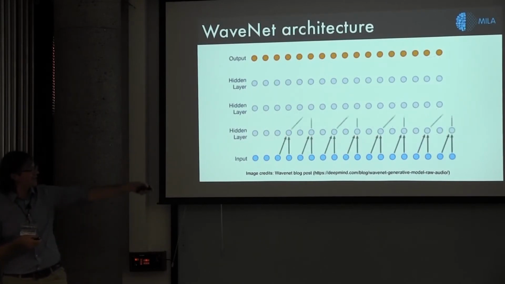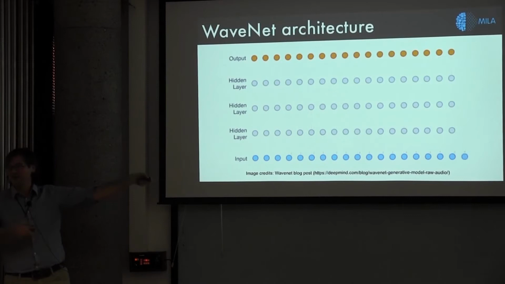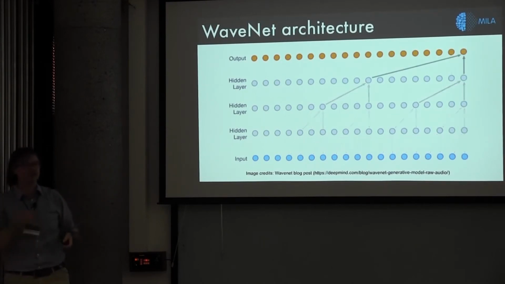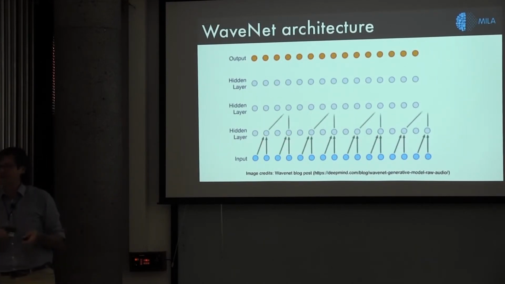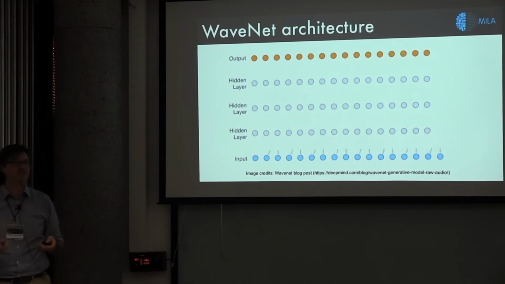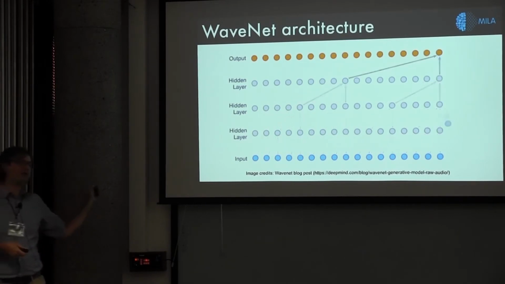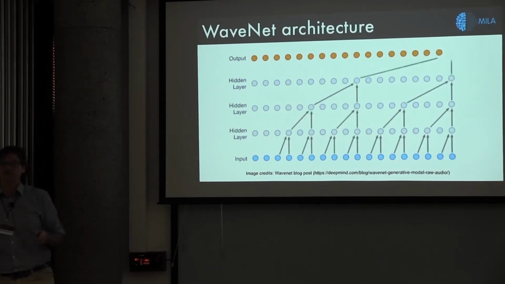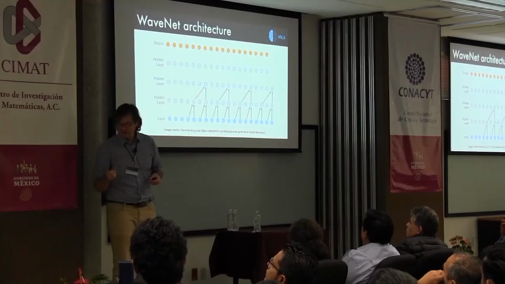So this is sort of how you would see this, right? You sample this guy, then it goes back and feeds into the input, and you process that again, sample it again. So you can be a little bit clever about caching values, but fundamentally this is a slow process. And there's been a lot of work in improving this structure. But from a pure sound quality point of view,